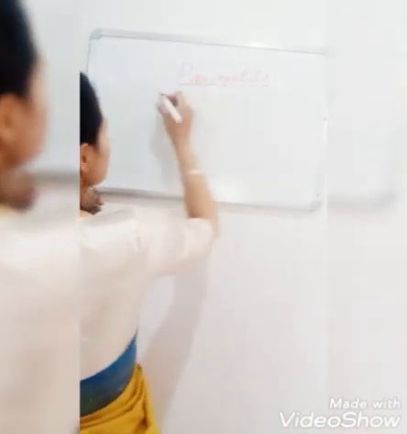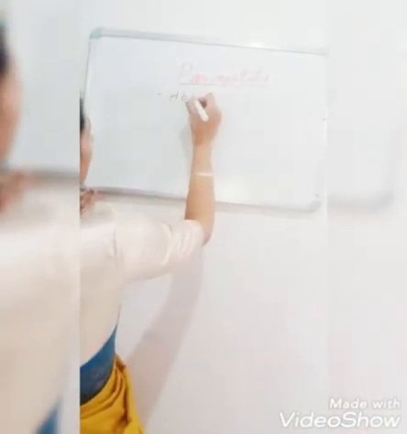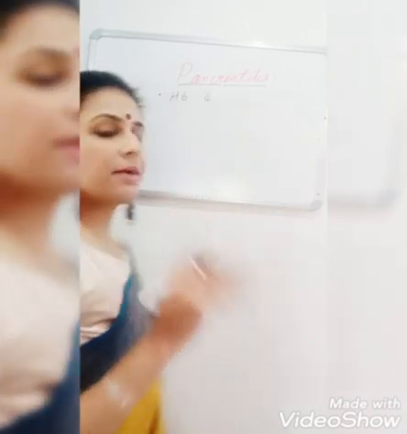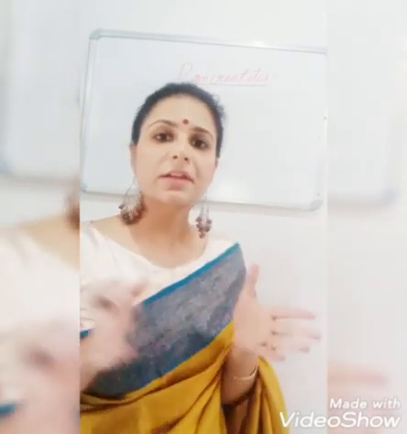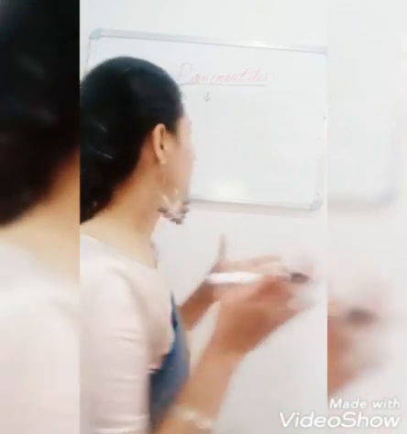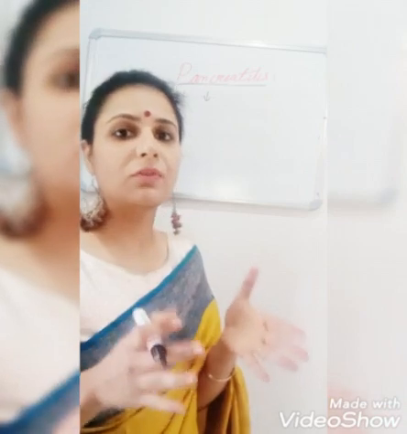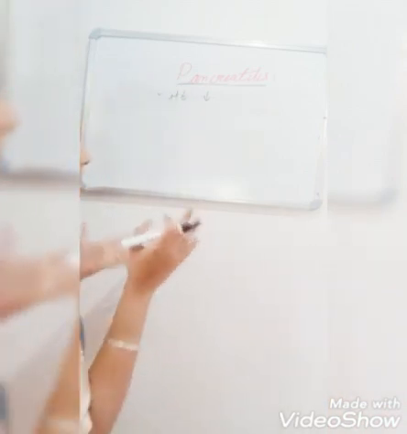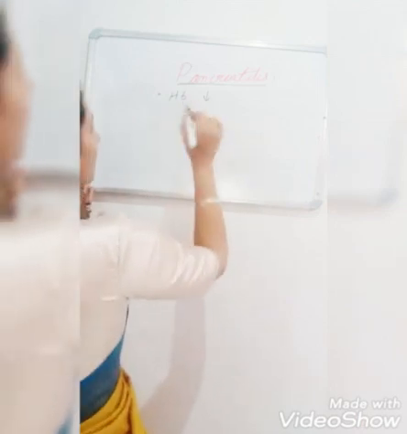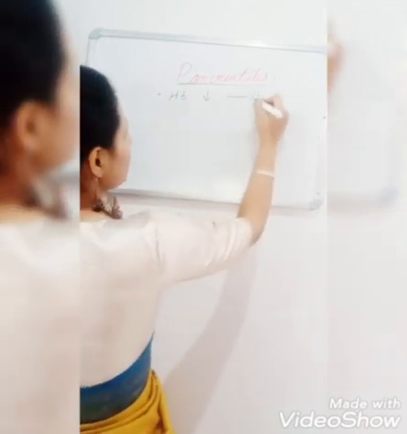Now the investigations in case of pancreatitis. The hemoglobin is low because of the hemorrhage and bleeding. There is intraperitoneal hemorrhage and bleeding that will result in low hemoglobin, or there could be anemia also. So there is low hemoglobin, so a hemogram